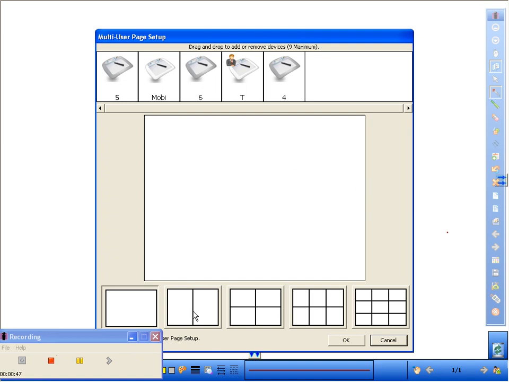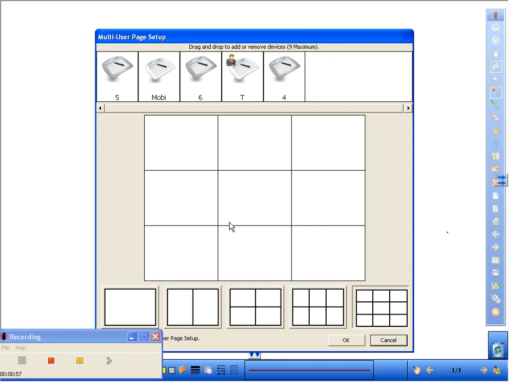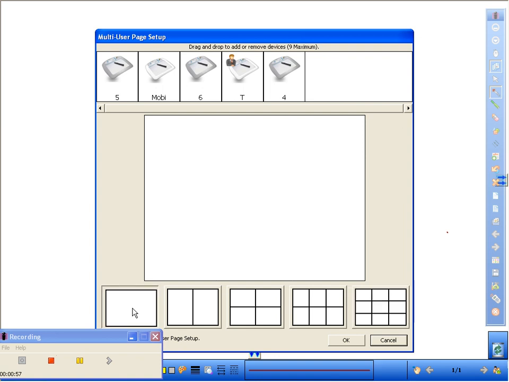area. If you want to divide the screen up a little bit, you could drag some people down to this one and some people down to this one, and the people in this side can only interact in this side. The people on this side can only interact on this side. Same thing with the different screens, up to 9 different users, and you could pull them all into their own box. I'm going to go ahead and demonstrate sandbox mode, because if you pull up like a worksheet PDF or